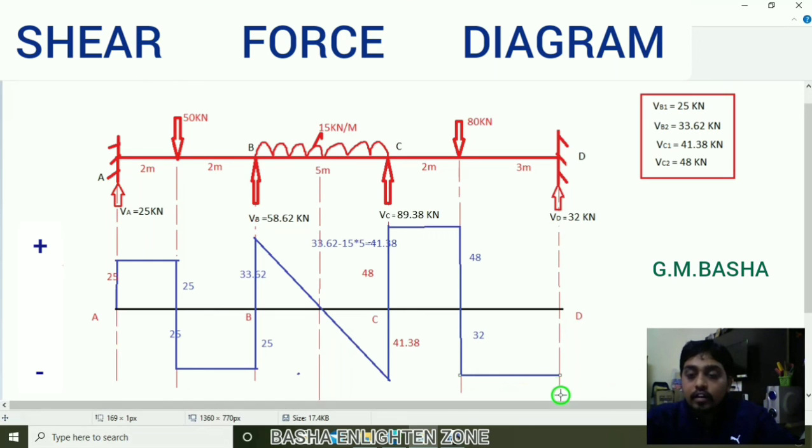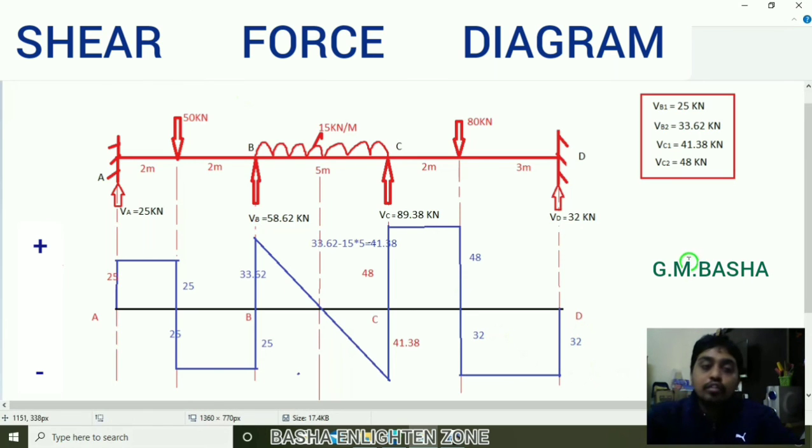Again friends, we are at the VD position. From VD a vertical load is acting upwards, 32 kilonewtons upwards. Therefore from here I am drawing 32 kilonewton meters. From here I am drawing 32, meaning exactly this position will be 32. Why? Because you will get a reference point here. This one will be 32, meaning from here to here it will be 32. Therefore take down the 32 kilonewton also here.